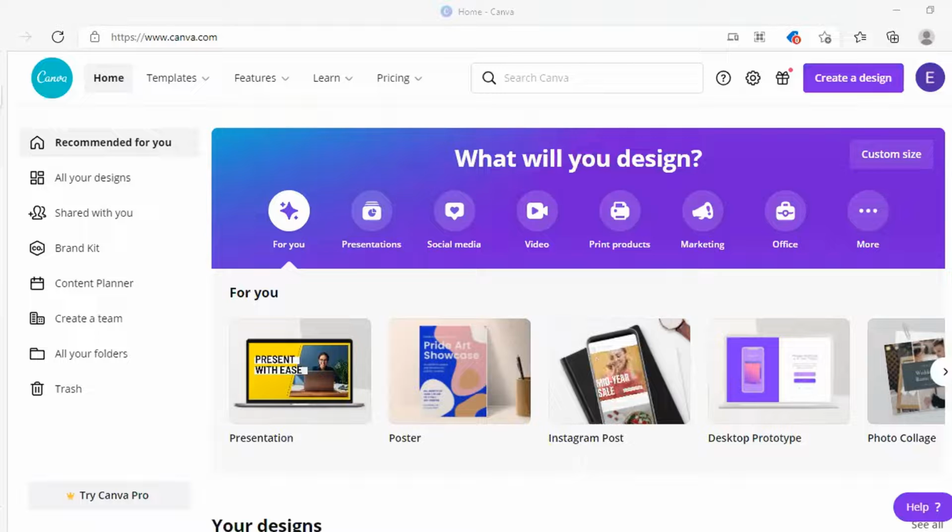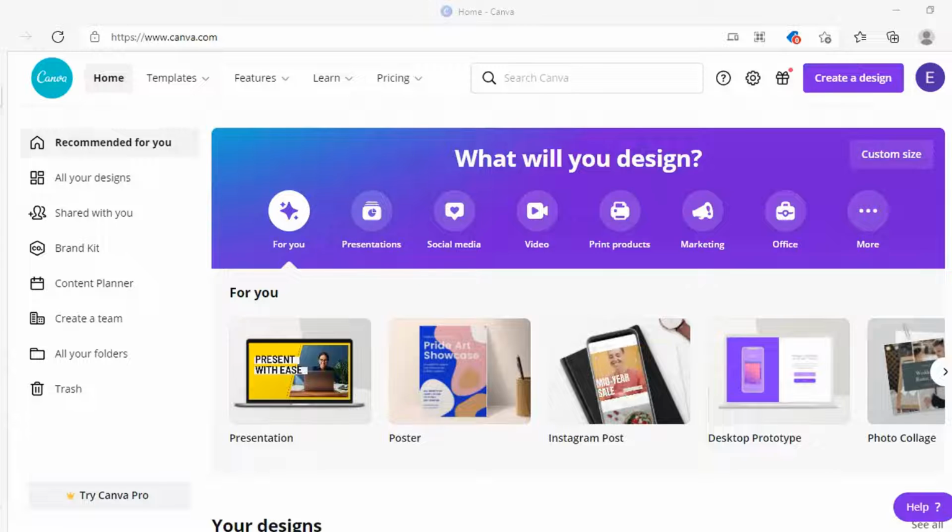In this tutorial, I'm going to show you guys how to design a Pinterest pin on Canva. You can use really any design software or design app, but I will be using Canva and I will be using the free version. There is a paid version, which you can also get. Really, the difference between the two is you just have a greater variety of different elements to choose from. You'll have more video options, more photo options, more text options, but you can definitely get by with just the